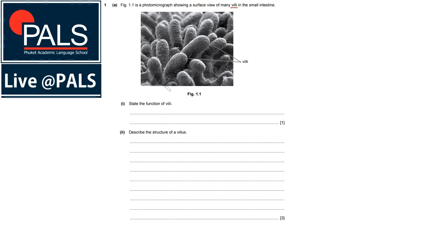So the villi are found in the digestive system, in the small intestine, after the stomach, after the duodenum, the first part of the small intestine. Specifically, they're found in the ileum. And this part of the small intestine is mainly for absorption. So that is their job, the absorption of nutrient molecules